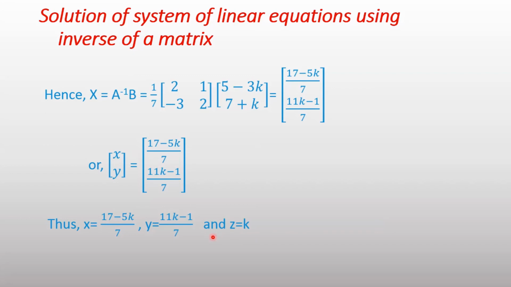For different values of k you will find different values of x, y and z. K equal to 1 you are getting the first solution, k equal to 2 the second solution, k equal to 3 the third solution. If we put k equal to minus 4, next solution, k equal to minus 10, next solution. In this pattern for different values of k you will get different solutions which satisfy all three equations. Therefore this is the case of getting infinite number of solutions, and this is the method by which we can solve equations based on infinite number of solutions.